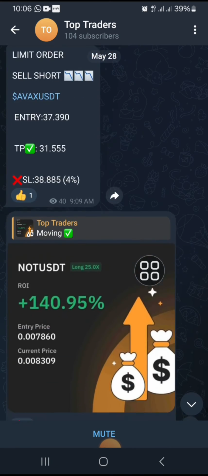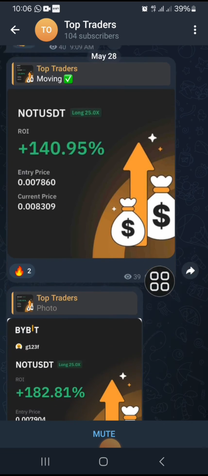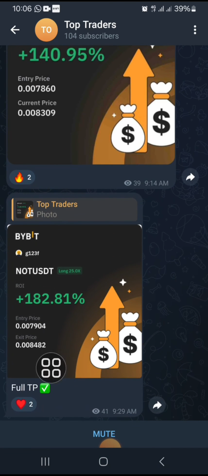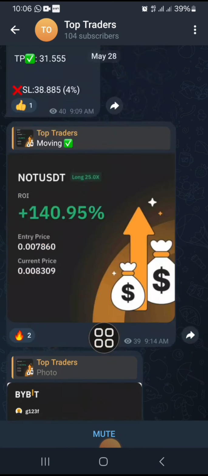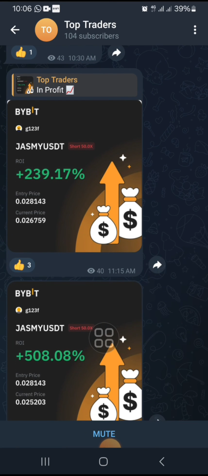And you can see the price of Notcoin actually pumped. I think it is 0.0084. It made 182 percent of profit. And we do make profit from these particular trades, from the signals you get. So for those who are traders,